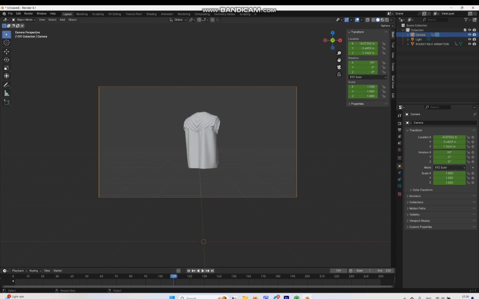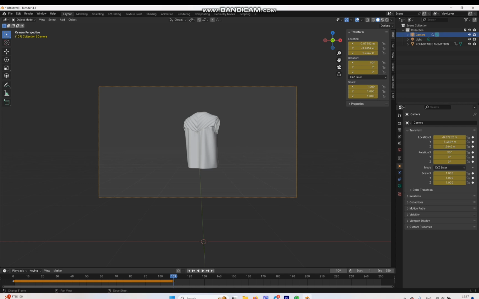The thing is, when it stays here, we need to hit another I, so it duplicates all the information of the same point of view camera at